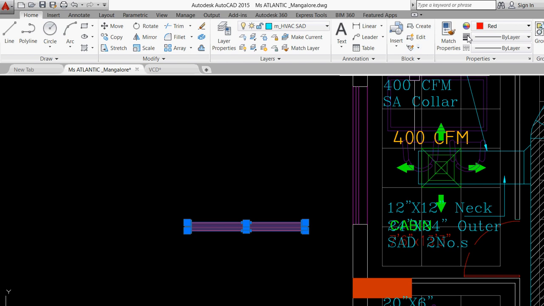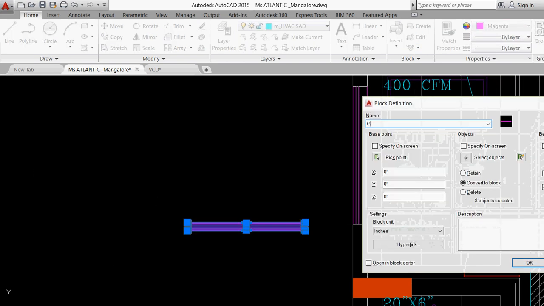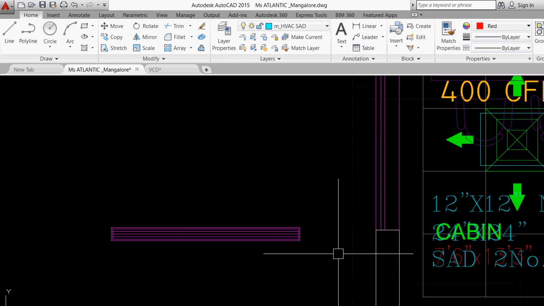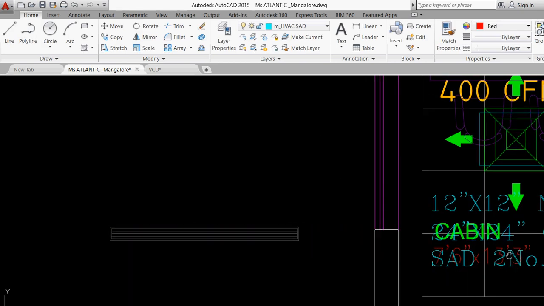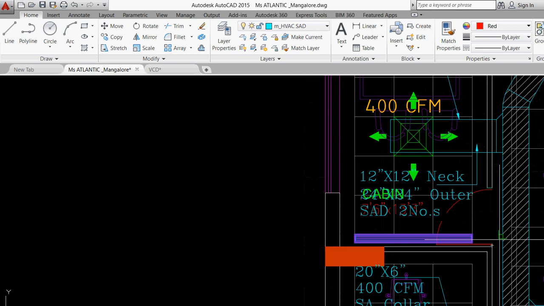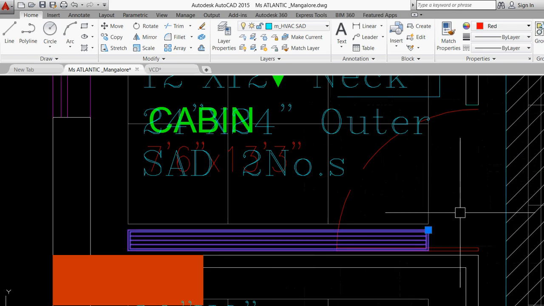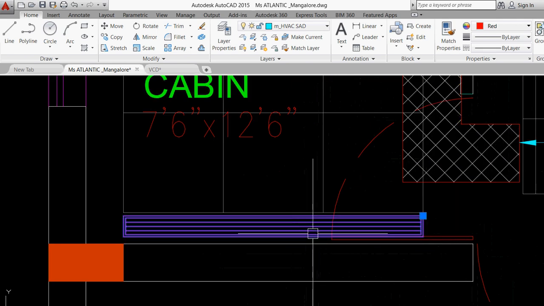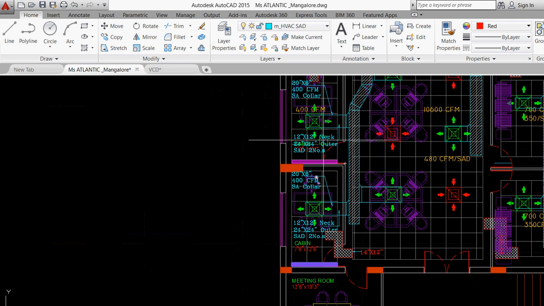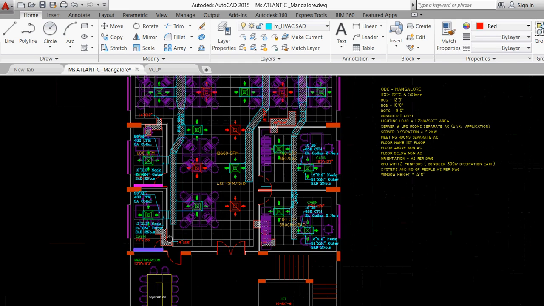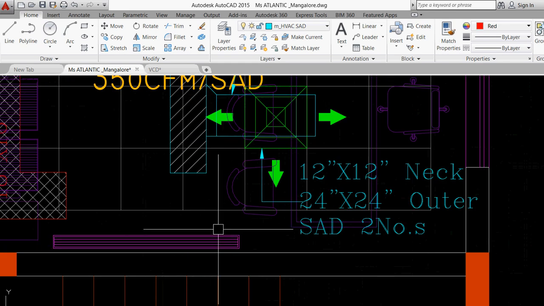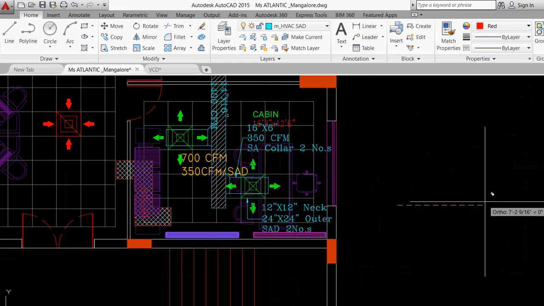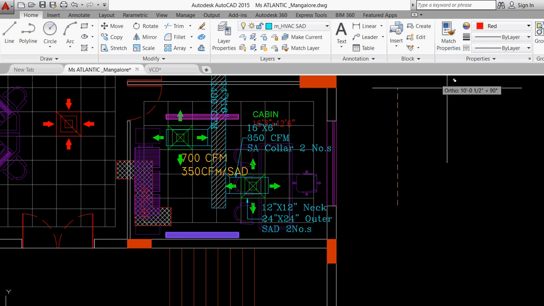I'll just provide this as magenta color or something. Let me assume a block grill. Let me assume this grill. I want to consider it here. One grill at this location, one grill probably at this location. Clear? So supply is through this one and return is from that one. Let me assume the same kind of blocks I want to use everywhere. One grill at this location, one more grill. Basically I'm making it 2 grills.